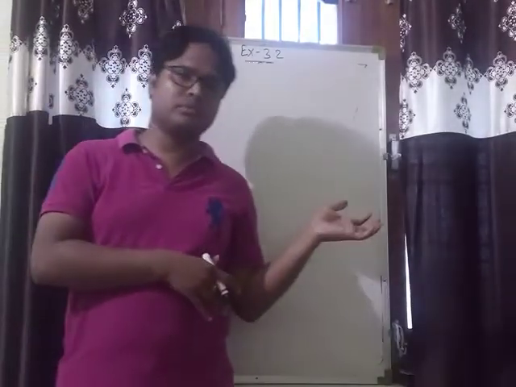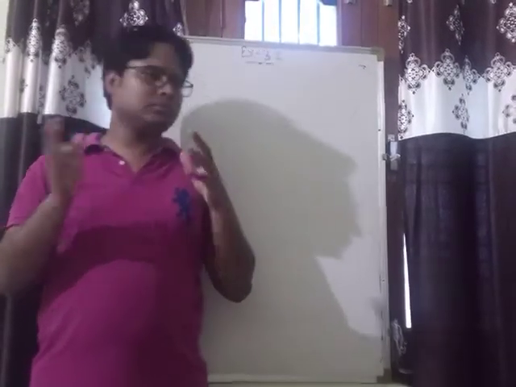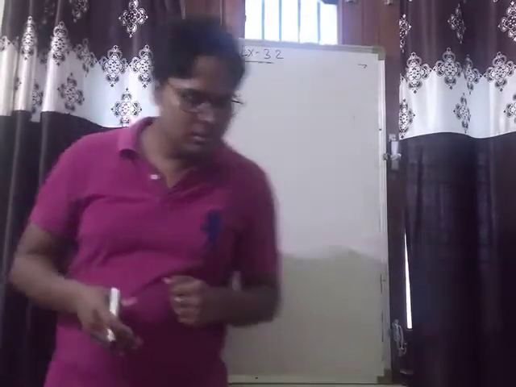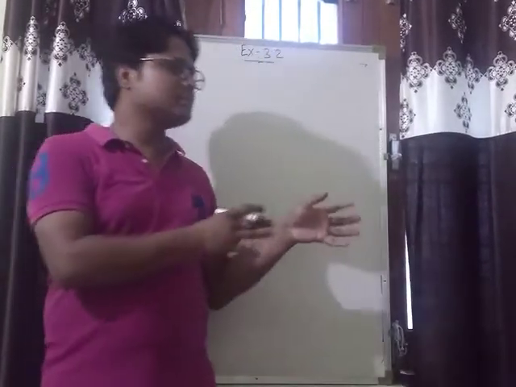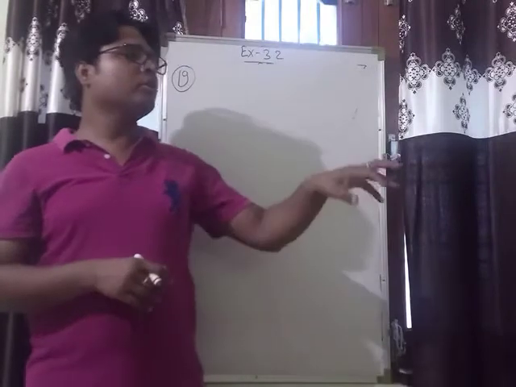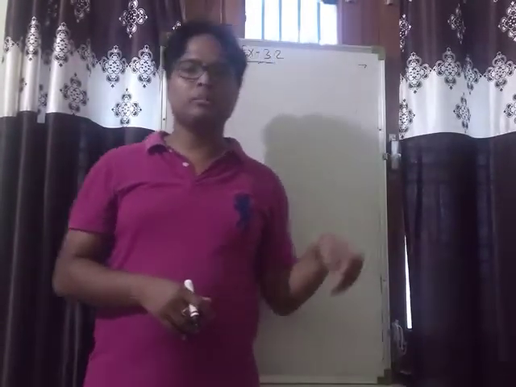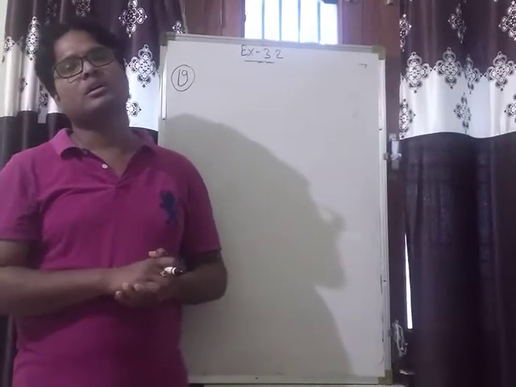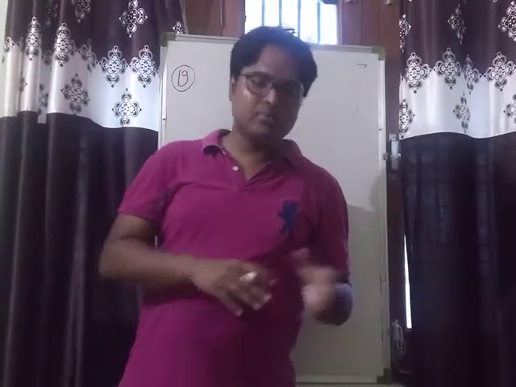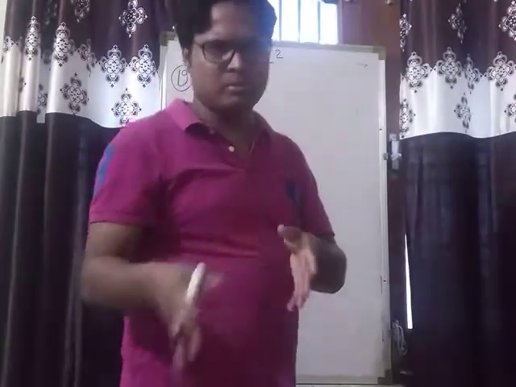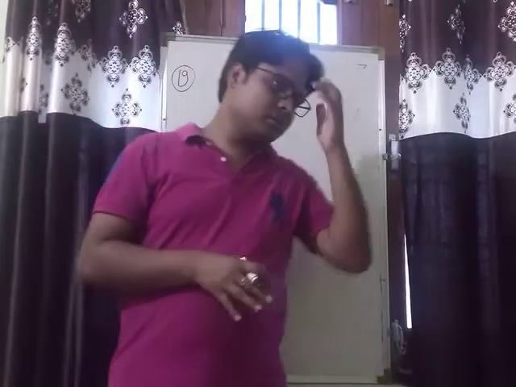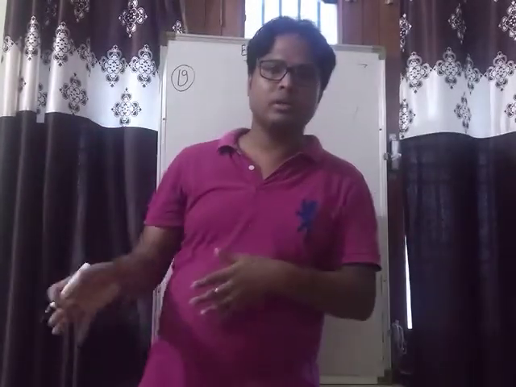So the question is that there are 30,000 rupees in a fund, and the trust wants to invest this 30,000 in two bonds. One bond gives 5% per annum interest, and another bond gives 7% per annum interest. And after 1 year, annual interest becomes 2,000 rupees. That is B. That is 2,000 rupees. Then how much money should be invested in the two bonds?